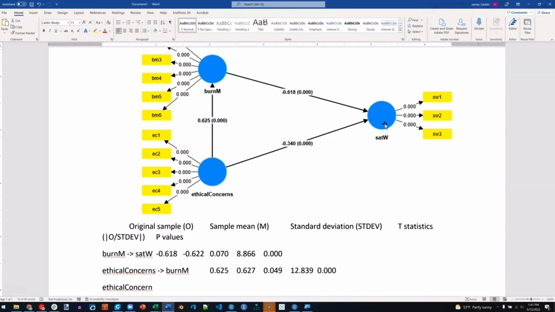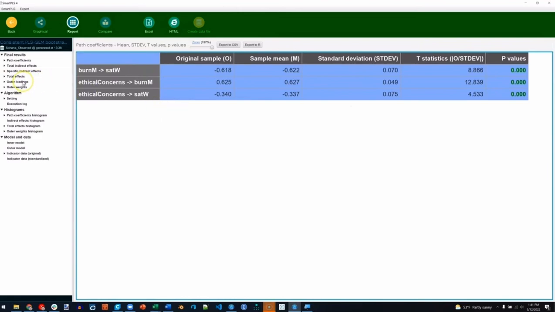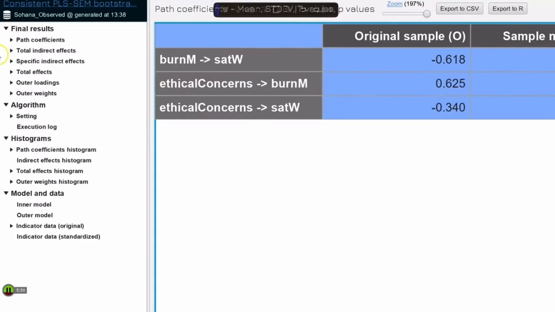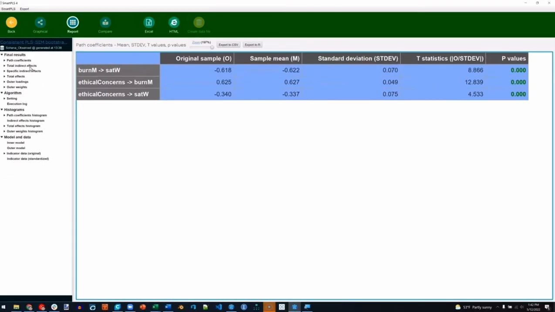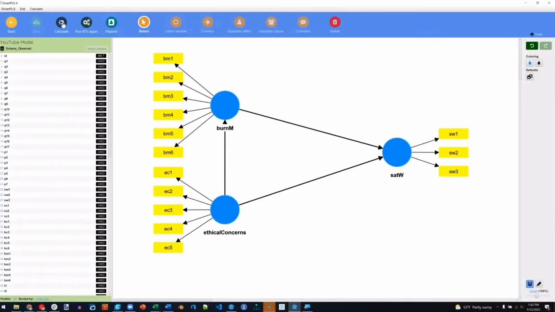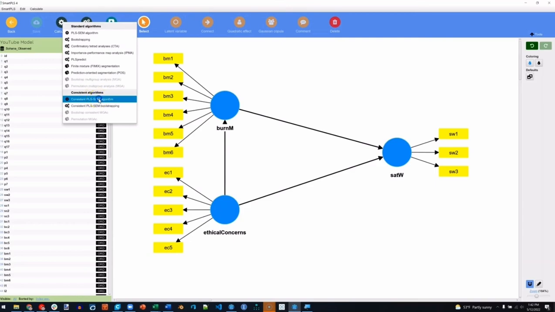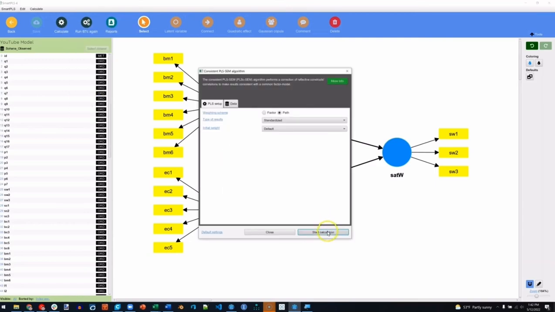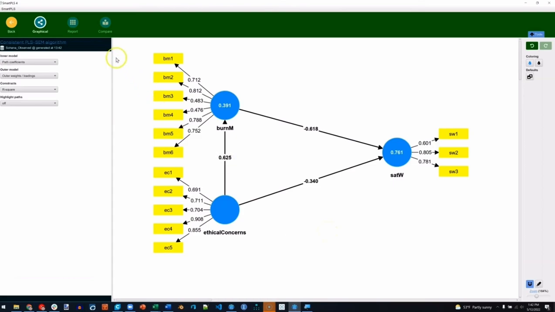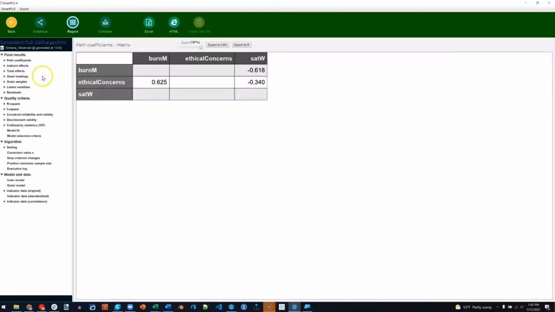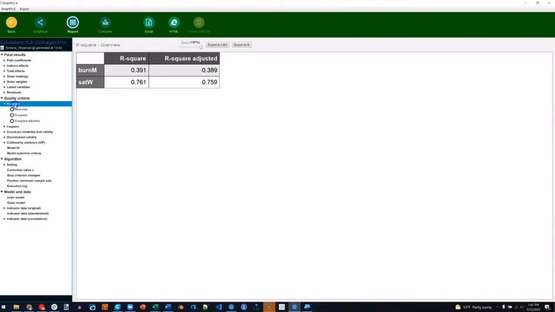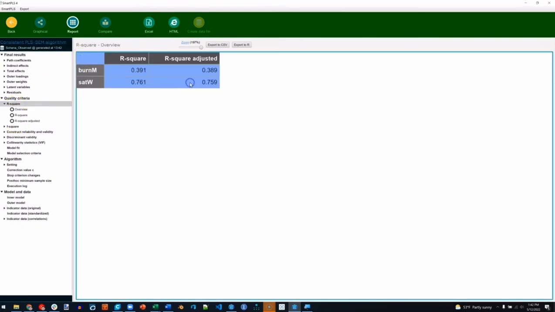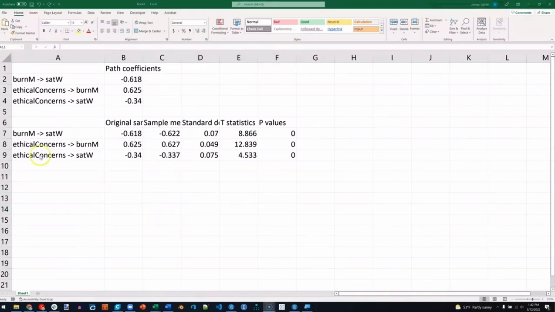We could double check this also by checking the effect size and also the R-squared. So over in the output, if I zoom in here, we can see that the R-squared and F-squared don't actually show up when you do bootstrapping. So let's zoom out, go back, and then calculate PLS algorithm, consistent, start calculation, and now when we go to the report, we'll be able to see the quality criteria. Here's the R-squared, which we can copy out to our table if we want. Copy, paste that in here,